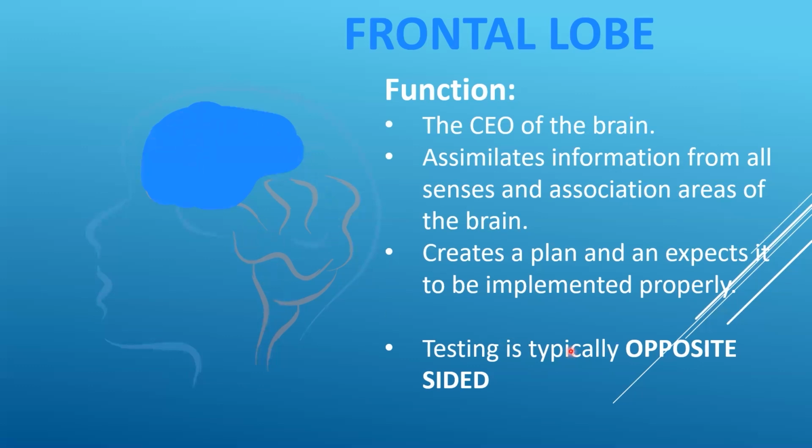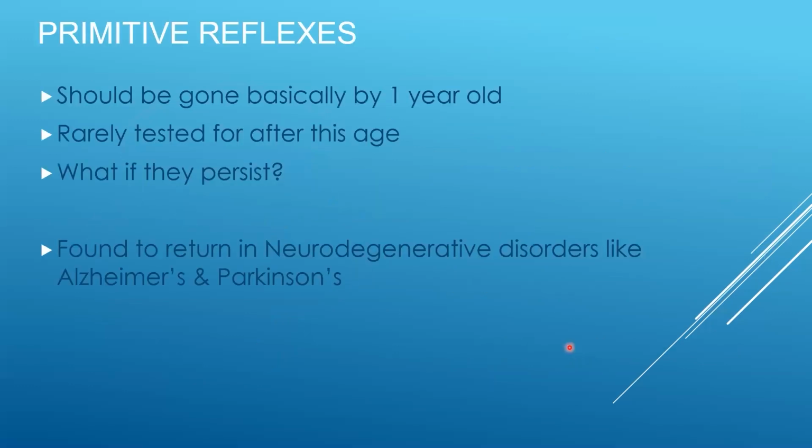frontal lobe. The reason why all this stuff is important, and why we were talking about the issues with primitive reflexes in the first place, is that primitive reflexes, for the most part, like we talked about, should be basically gone by the time that a child is 1 year old. And the whole point of actually testing for these primitive reflexes is that if you're going to end up having